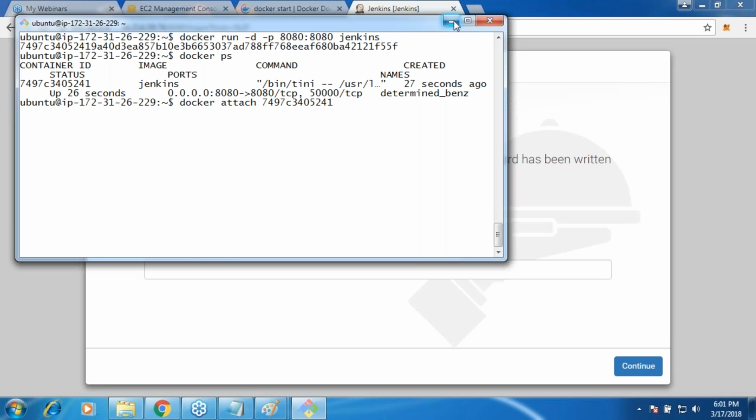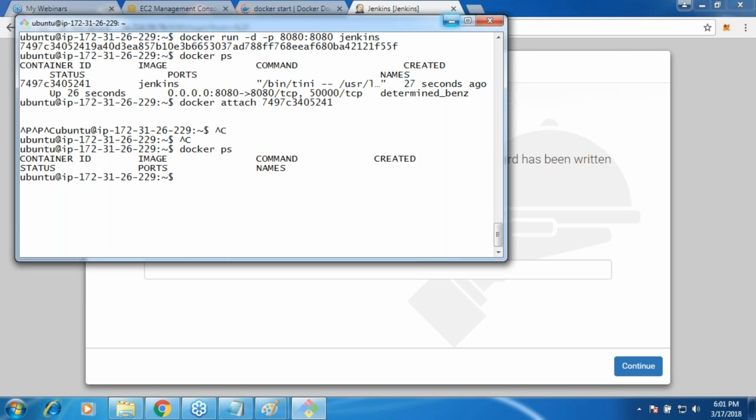Okay, it should start working, man. Yeah, I had done Control C, which has led to the killing of the container. I can't help it. So let me do it again.